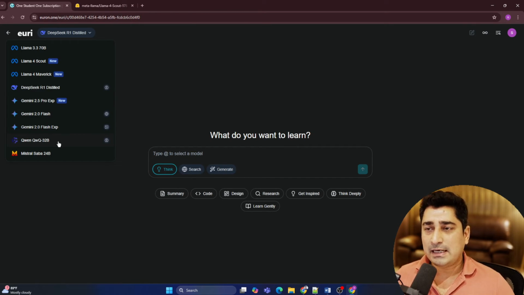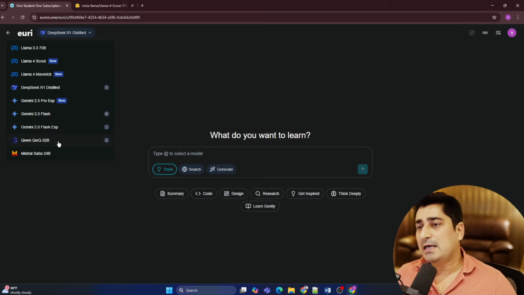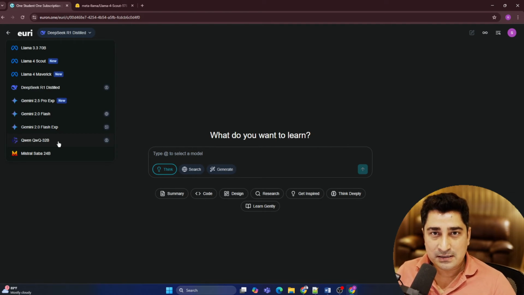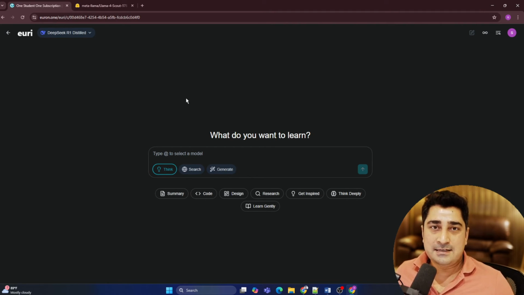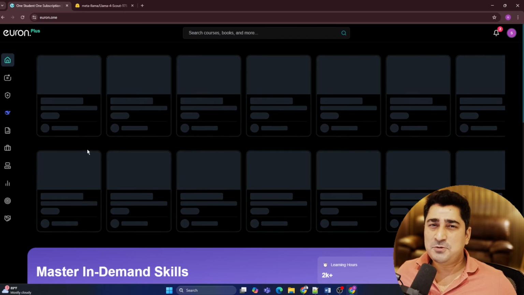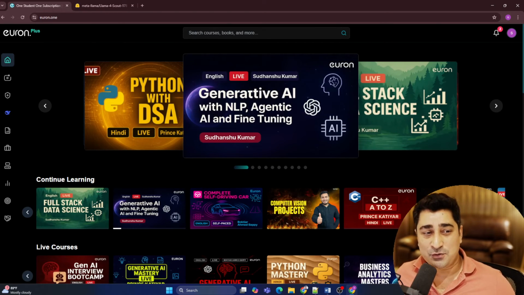And we all know that it's basically a paid one. So if you go into the market and try to consume those API keys, we are planning to bring all of these things inside this Euron system, even as an API, so that you can build amazing stuff on your own, and as per your need, you can keep on experimenting.